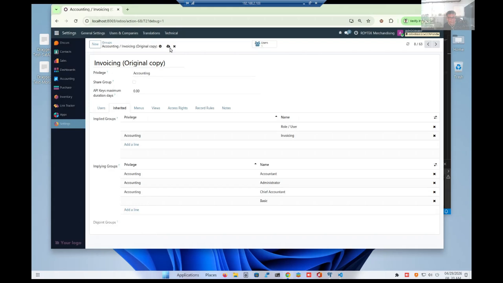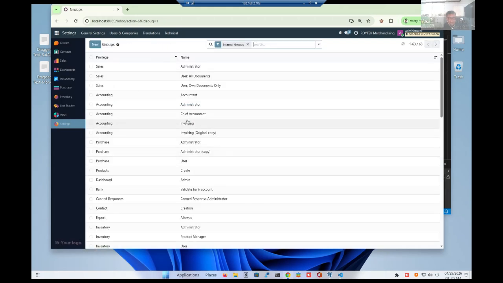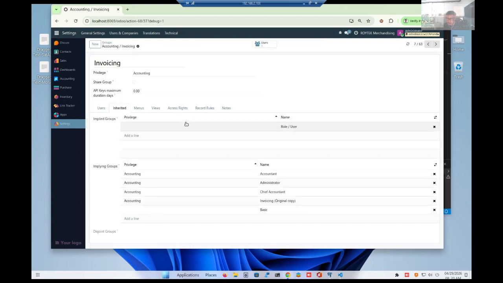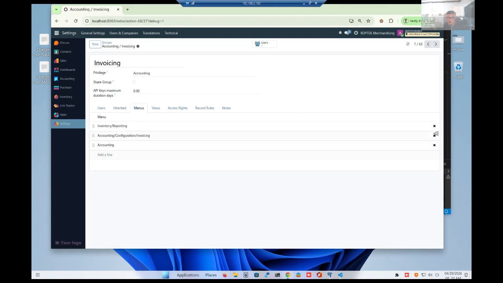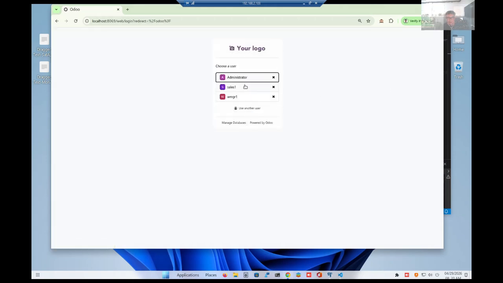We can't do anything about that anymore. And then we'll go to the account original group. We cannot use the duplicate copy. It will disallow us anyway. So we'll go to the menus, remove the menus, and save. And then make sales1 a member of this group. And then go back and test sales1 again.